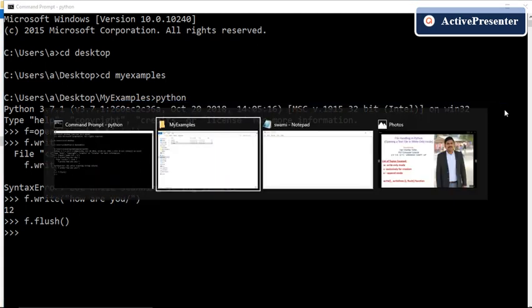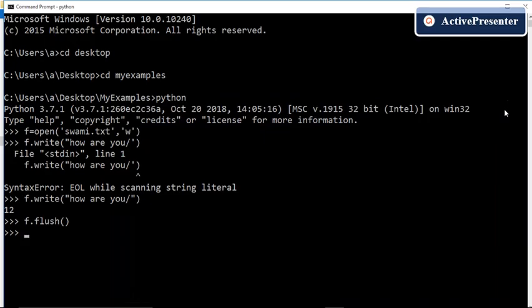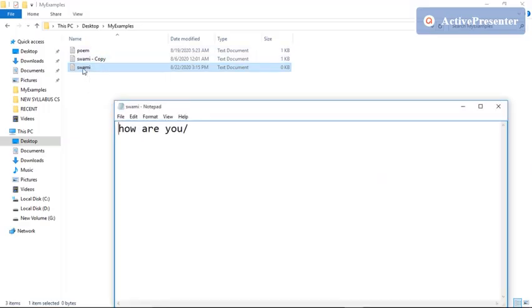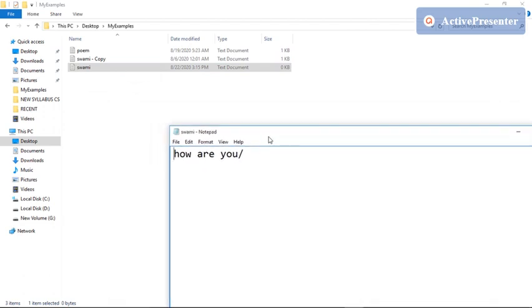I have closed the already open file. Again I am opening this swami.txt. Okay, so we can see that by using flush function, the content of the buffer has been transferred to the disk file.